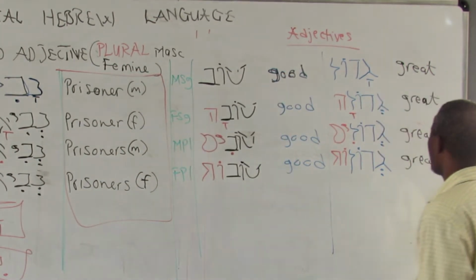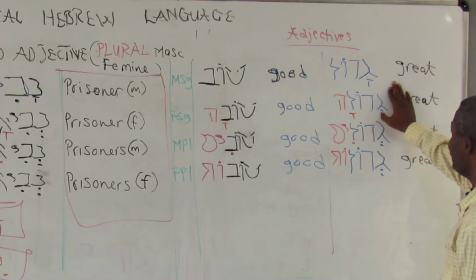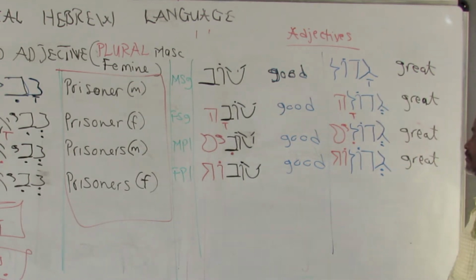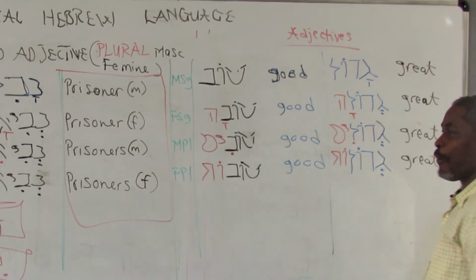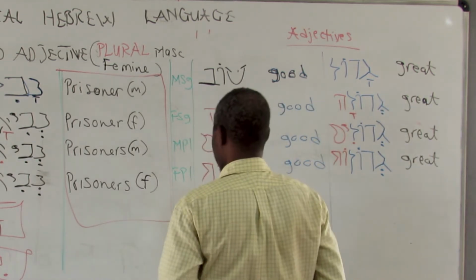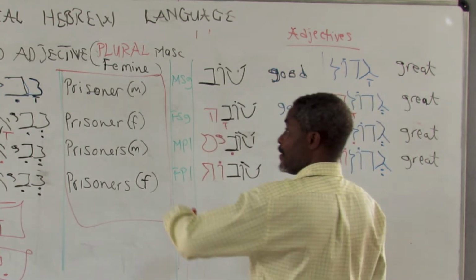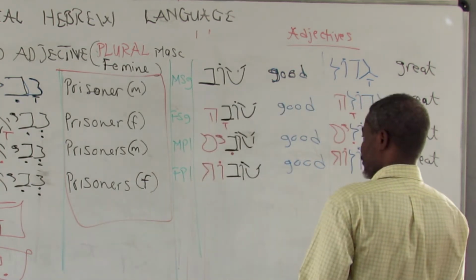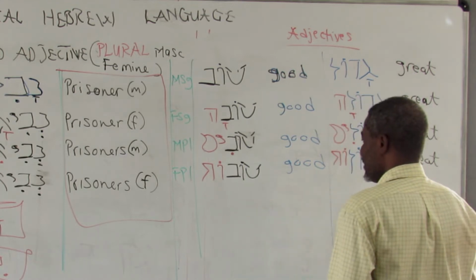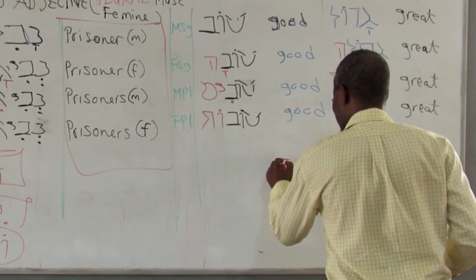Let's come also to great. Great, singular for male, is gadol. Great for women is gedola. Great, the plural for men, is gedolim. And you have gedolot. So for both plural, for both noun and adjective, male and female, the termination is kames a,